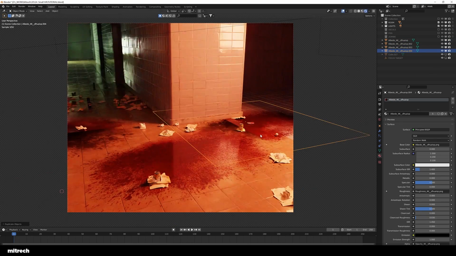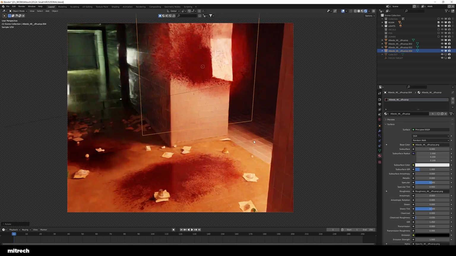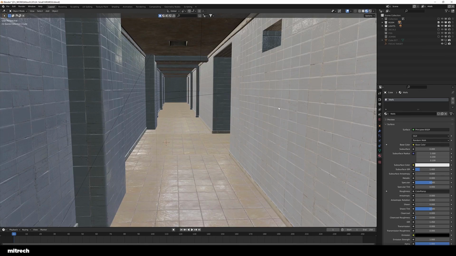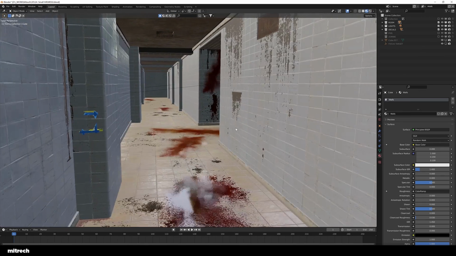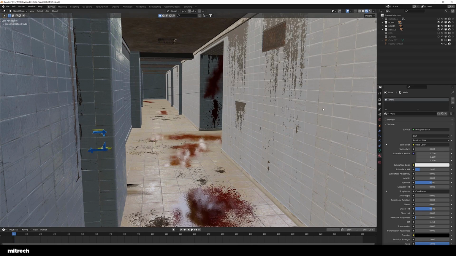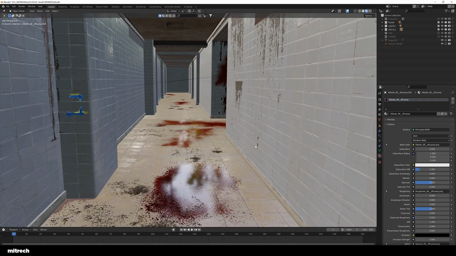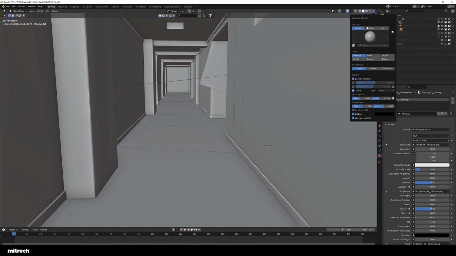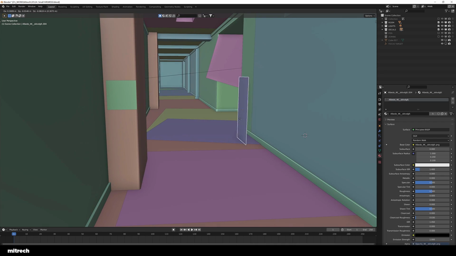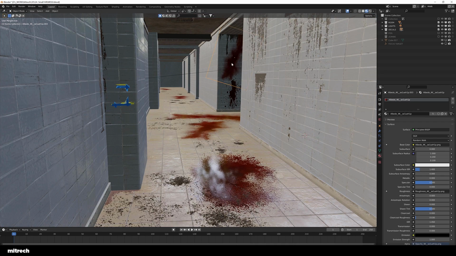So look at how much detail you're able to get out of some simple decals. And here are the actual decals that I've used, before and after, and let's also see how much of a difference those make when you're in rendered view. Let me first show you how many of those I've got going on, right?